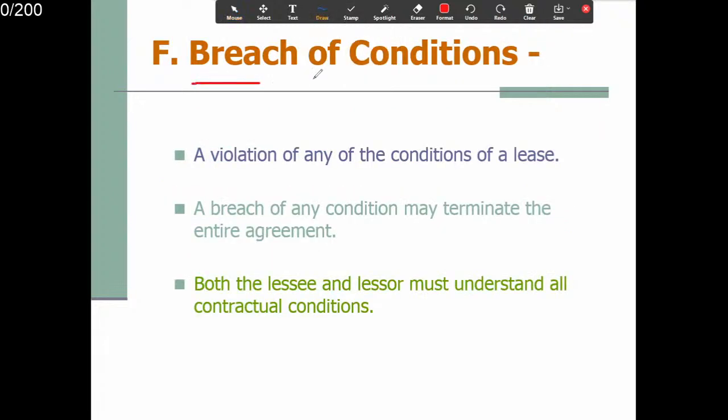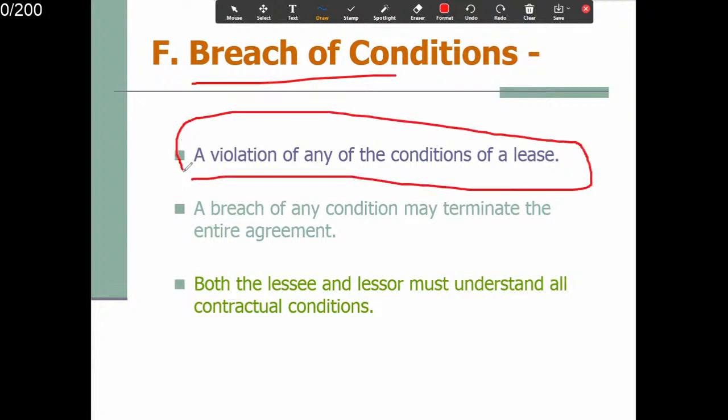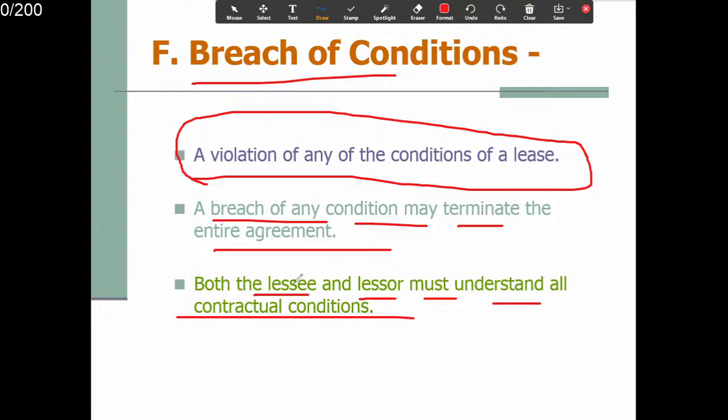Breach of condition，犯规了，OK? A violation of any condition of the lease. A breach of any condition may terminate the entire agreement. So it says that they cannot have guests for over 5 days. You know, they have the uncle stay there for 3 months. That's a violation. 这个协议里面，OK，你的客人不可以住在这个房子里面超过5天，他的叔叔住了3个月，这是犯规了，OK，你可以赶他走的。Both the lessee and the lessor must understand all contractual conditions. 所以房客跟房东，OK，要知道租约协议里面的内容，所有的条件都要清清楚楚的，OK。